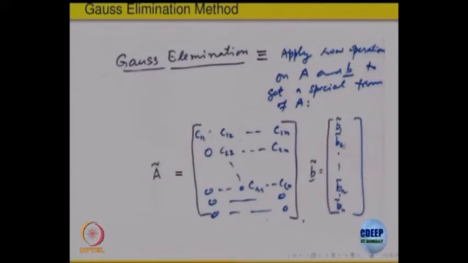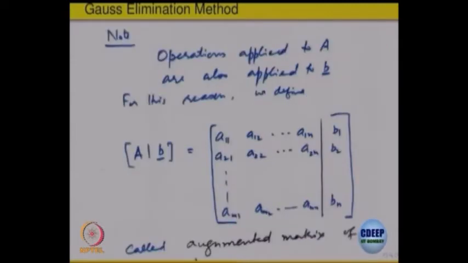So, when A changes, B automatically is going to change according to those operations, right. So, this is the new coefficient matrix for the new system, which is equivalent to the earlier one, and this has a special form. Look at the bottom, there are some rows which are all equal to 0, and the place where the possibly non-zero coefficients occur is increasing. Okay. So, this is a special form of a matrix. We will spend some time on this form of the matrix, because this is going to be important for all future calculations.